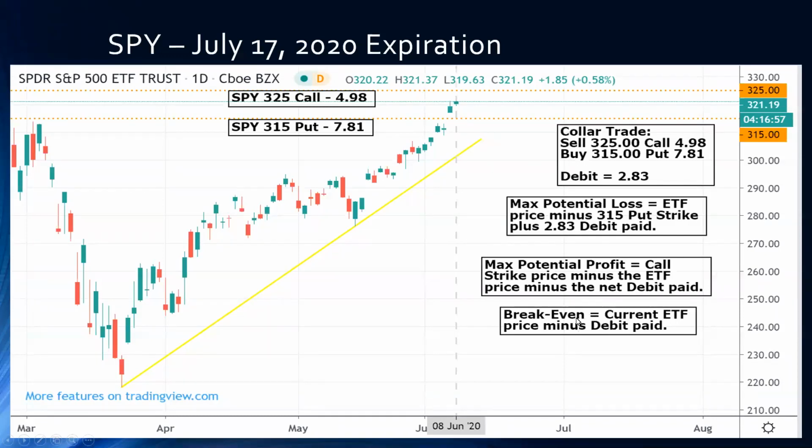So our break-even price equals the current ETF price minus the debit paid, meaning that if the market stays where it's at by expiration and doesn't move at all, then whatever gains you're up in the ETF would be minus this debit here. That would be what you would be down in that instance. However, you would have been protected. Obviously, this market would have to go sideways for that to happen. However, you would have still been protected for the 45 days.